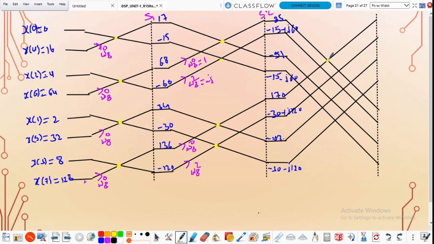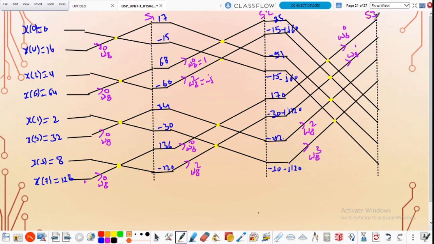And this is the butterfly node. And this is the butterfly node. And this is the butterfly node. This is the butterfly node. And after that, indicate the twiddle factors. And this is the third stage. Stage 3 output values. Stage 3 is the final output for the 8-point DFT. And the twiddle factors in this stage are W8 power 0, W8 power 1, W8 square, and W8 cube.